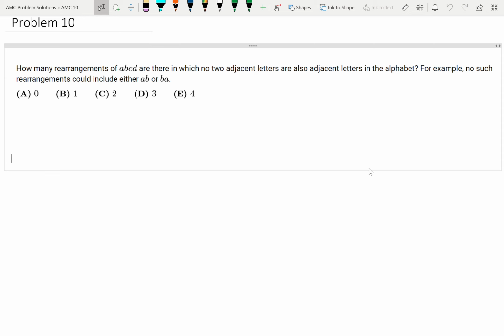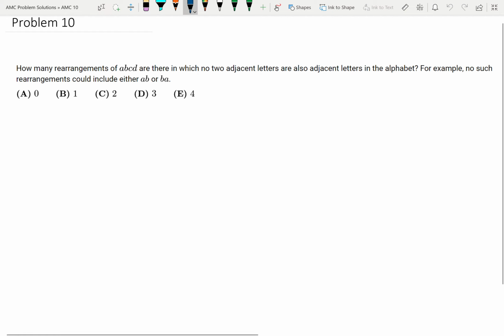How many rearrangements of A, B, C, D are there in which no two adjacent letters are also adjacent letters in the alphabet? For example, no such arrangements can include either AB or BA. Okay, so I'm just going to start with